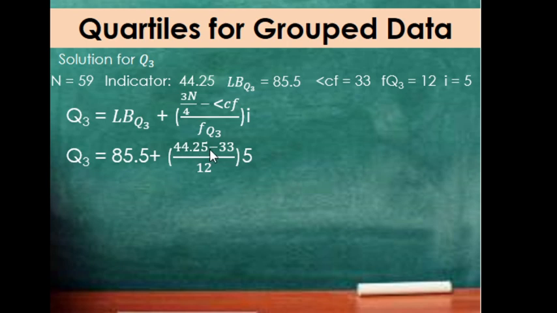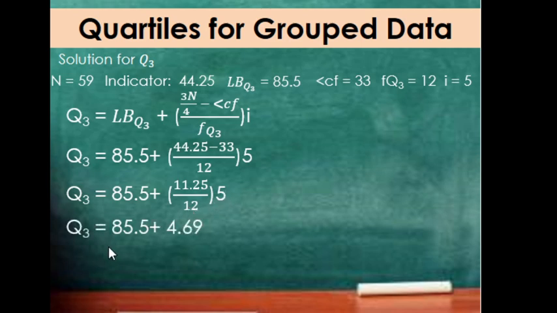So, 44.25 minus 33 is equal to 11.25. Then, times 5 divide 12. Or pwede rin naman sa calculator na 11.25 divided by 12 times 5. So, Q sub 3 is equal to 85.5 plus 4.69. And Q sub 3, or the upper quartile, is equal to